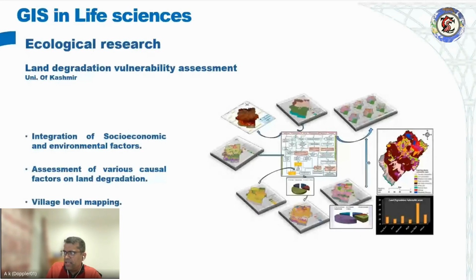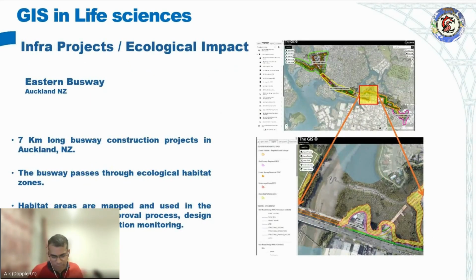So in this case, again, as I said, a lot of different parameters are used, but ultimately one of the analytical tools that you use, not just GIS. I'm not saying GIS is the only tool they use. In most cases, GIS is a supporting tool, but the outcomes that they receive are quite interesting, and it gives you a different picture of the whole thing. And finally, from the ecological side,